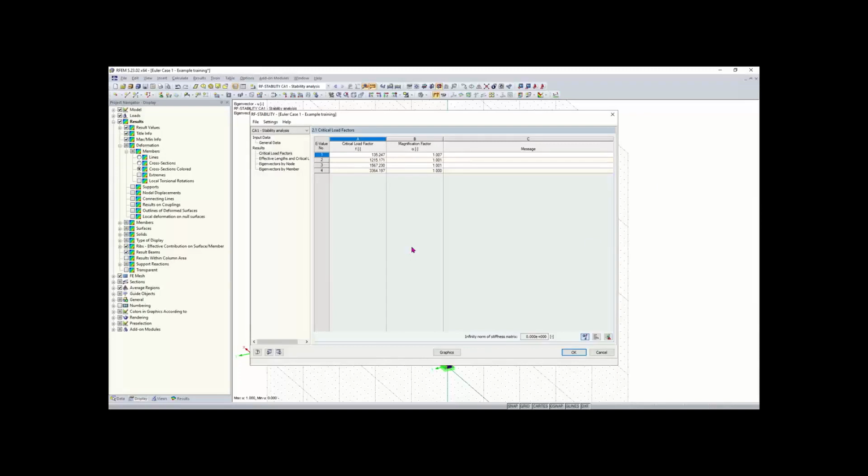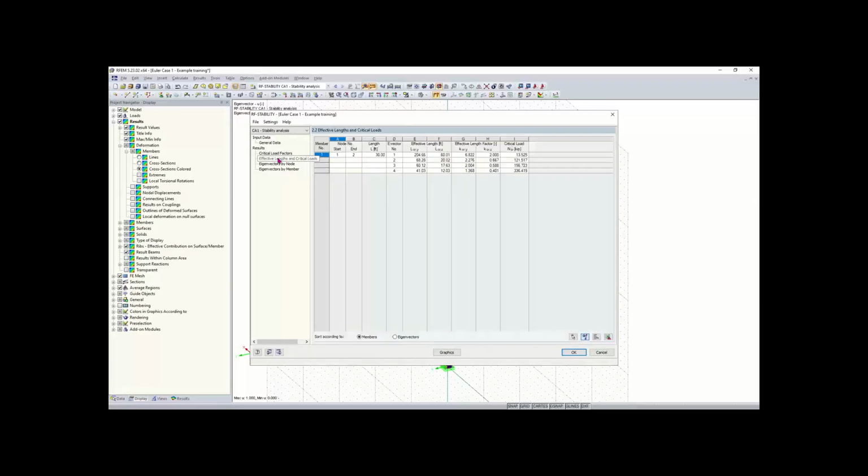And we can take a look at, again, our effective length factor here by going to effective lengths and critical loads. So we have our weak axes and strong axes for both our effective length and effective length factor. We also can show you what it looks like if the structure is unstable. So maybe you have a structure that's unstable because the loading is too high. So for example,